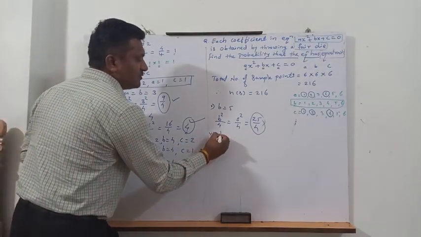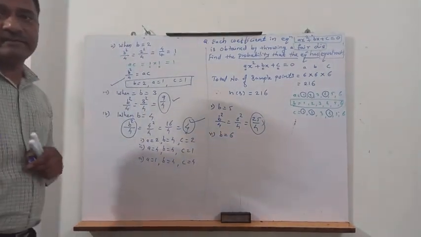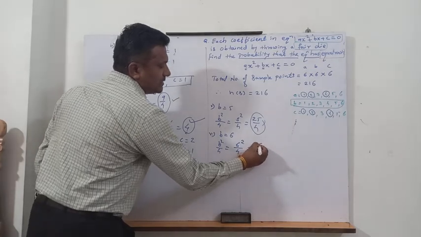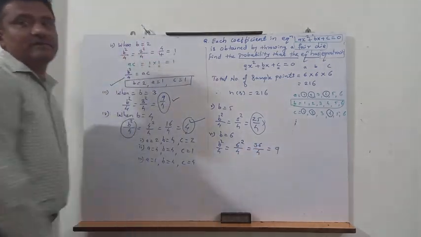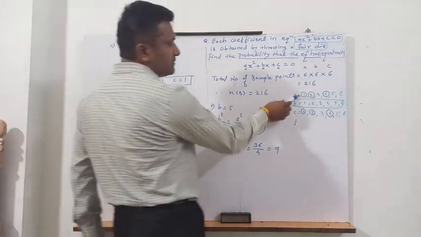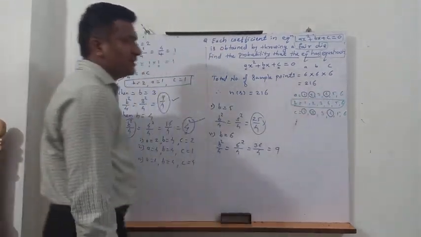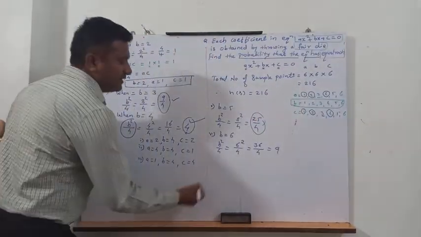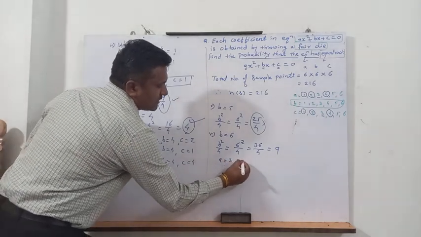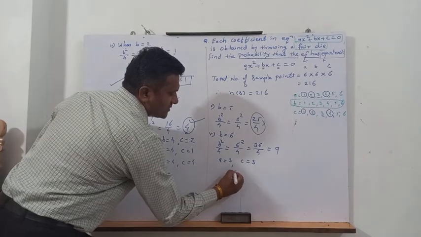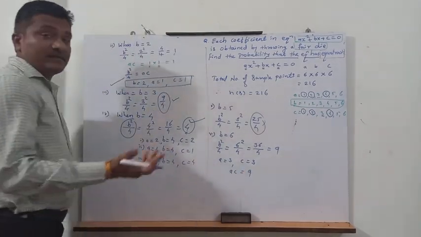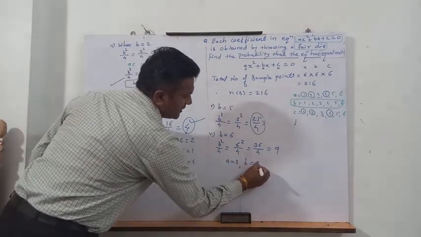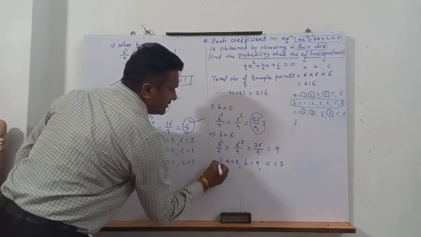Now the sixth possibility is what? B equal to 6. Now b square by 4 will be 6 square by 4, which is 36 by 4, equal to how much? 9. Now amongst this pair which numbers are there having product 9? Carefully watch it. Look at this. 3 into 3 is how much? 9. So here if A equal to 3, C equal to 3, AC equals 9. Right? So that is another pair we got. So according to that what we can write here? A equal to 3, B equal to 6 and C equal to 3. This is your next outcome.